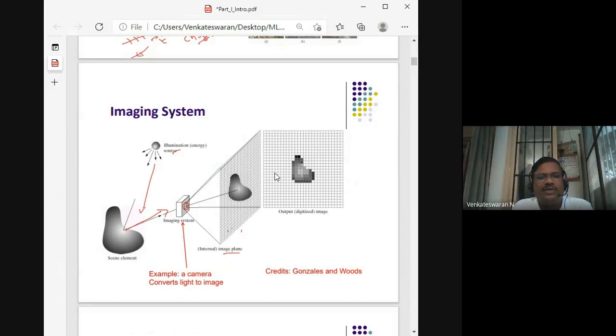You will have a number of sensors here. These sensors, depending upon the amount of light that falls onto them, will produce some kind of voltage that we call the intensity. So the intensity keeps changing depending upon the reflection. For example, if it's a smooth region, the reflection is high, then you will have more intensity. If the reflection is low, this is less intensity. So basically, this camera converts